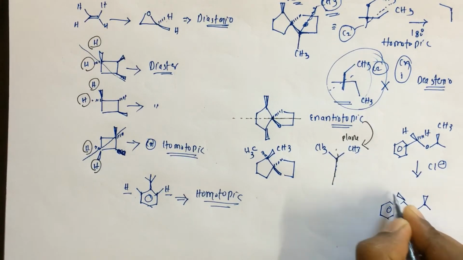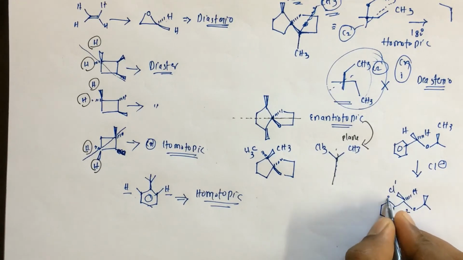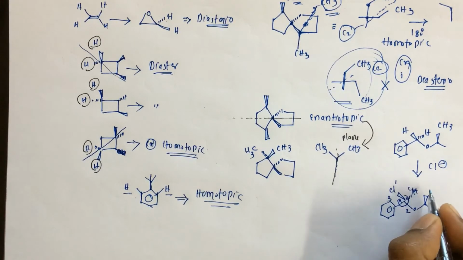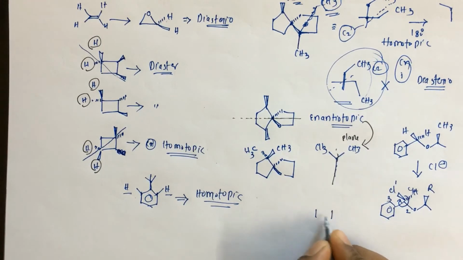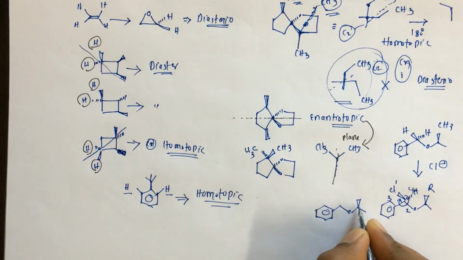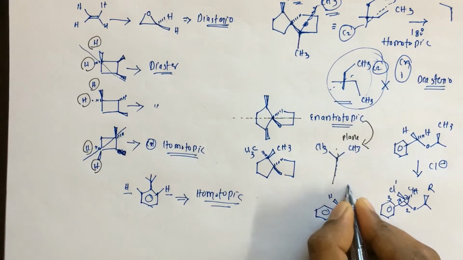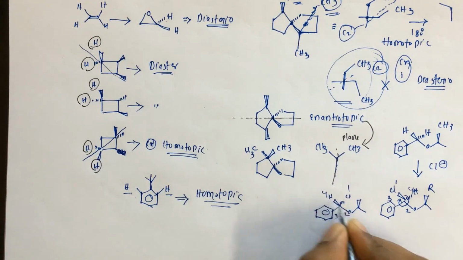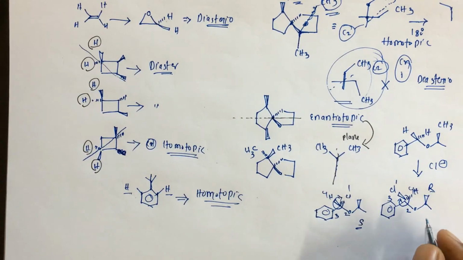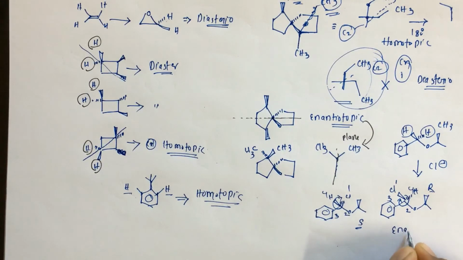So here we have replaced chlorine and hydrogen. This is 1, 2, 3, 4, and this is showing an R configuration. The second compound shows 1, 2, 3, 4, and it shows S. So these two hydrogens are supposed to be enantiomers, but these two are diastereomers in